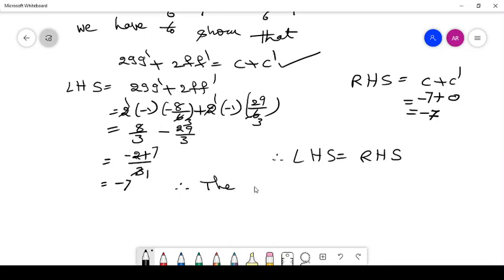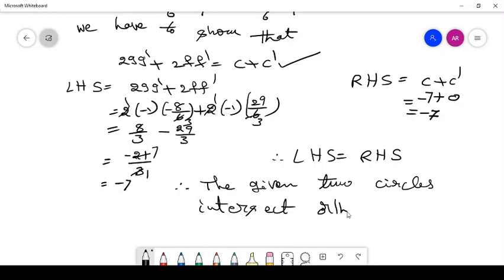Therefore the given two circles intersect each other orthogonally. Okay. Next,